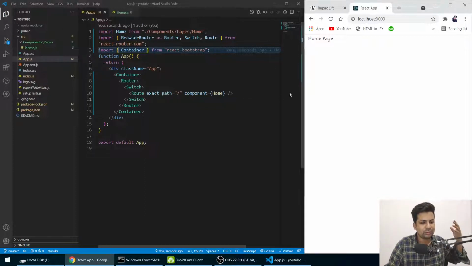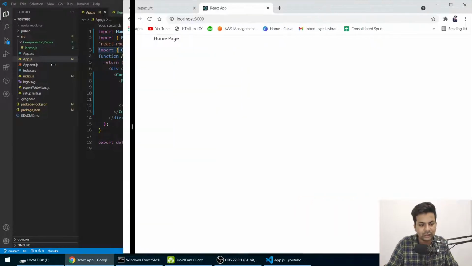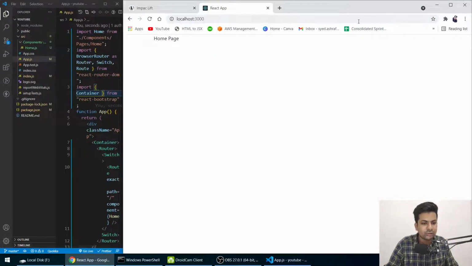why is it taking so much time? So see, now it's in the container. Okay, so now everything should be inside the container only. If we want to see, there's a little space left on the side when you use container. If I just show you, see, so much space is left.